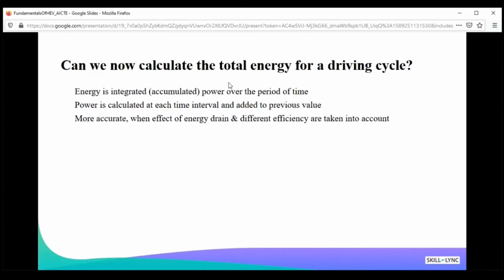For example, if you start your ride on a motorcycle in the morning at 9 o'clock and reach your destination, maybe your college or your office, at 9:30, let's say you covered around 10 kilometers during those 30 minutes. During this ride, your speed was never constant.